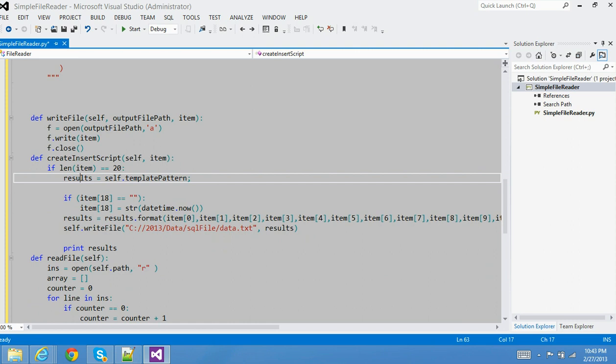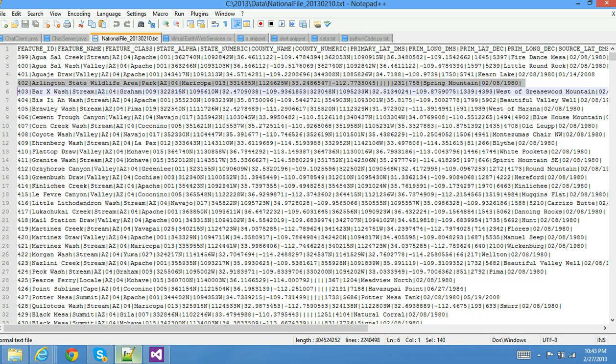This is important because I know there are 20 fields in each record. Basically, what I have done is, when I split that using this pipe delimiter,